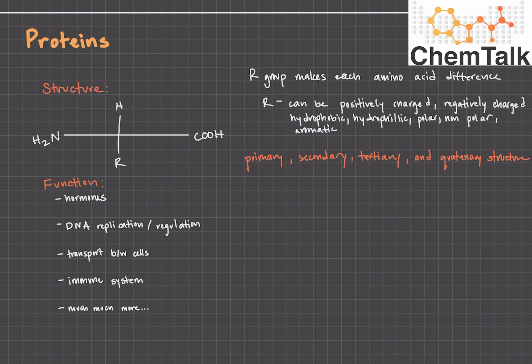So next up here are proteins, and it's really important to know that proteins have a major function for a lot of things in our body. So actually, I like to just go over the function first because proteins basically do everything. They are one of the most important macromolecules in our body. An example would be that they function with our hormones. So the release of hormones, the carrying of hormones, DNA replication, DNA regulation, transport between cells, immune system,